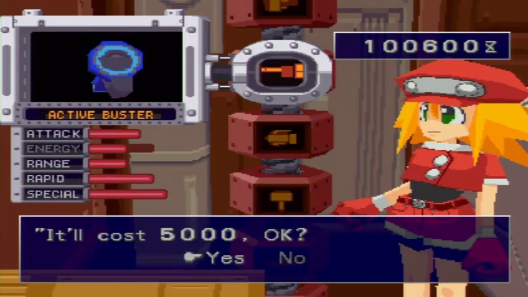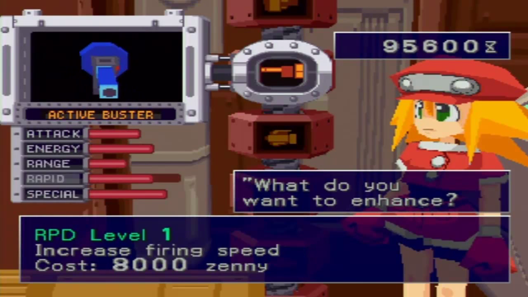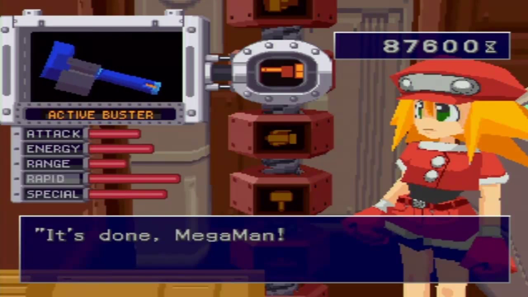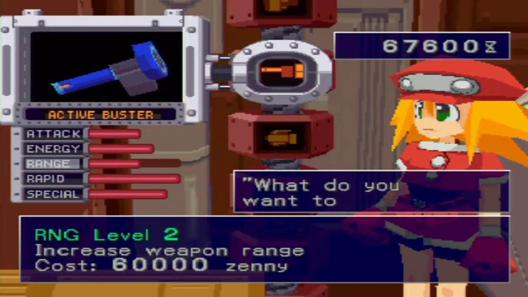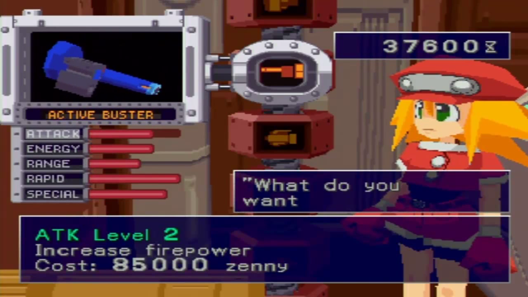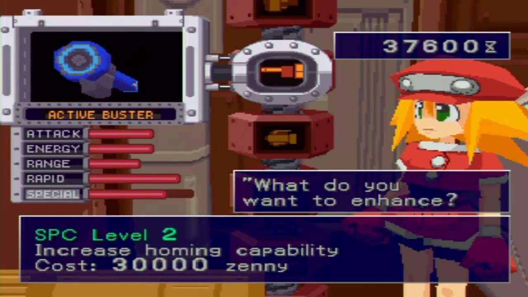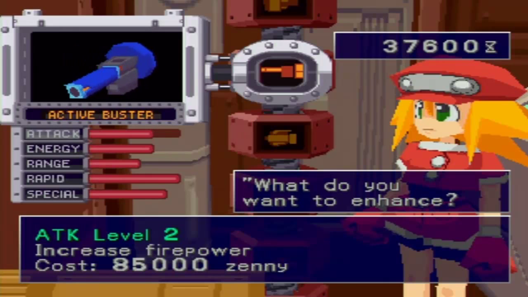100k at the moment. Let's get more ammo. Get all the troop stuff out of the way. Build that up. Build that up. Get more range. That's a lot more range, but for a lot more money. A little bit more attack. But you can see everything at level 2. I'm gonna have just about everything at the next level, but you can see like